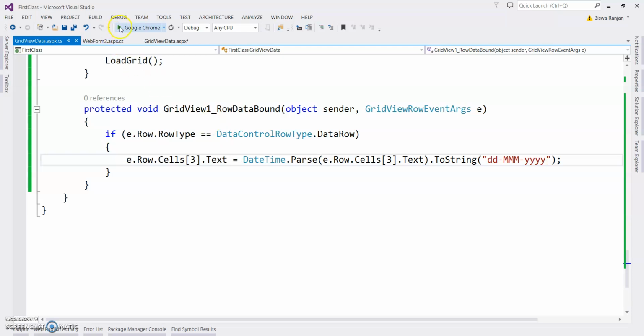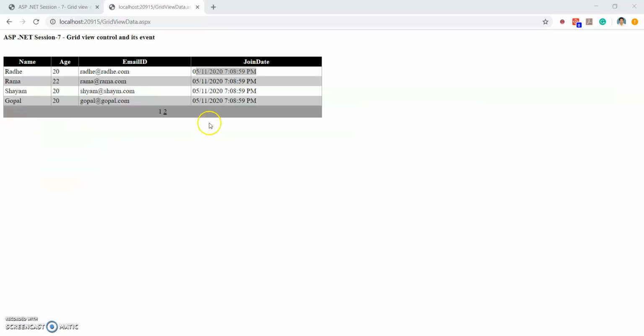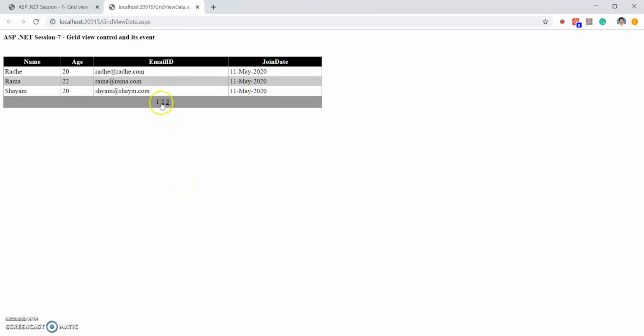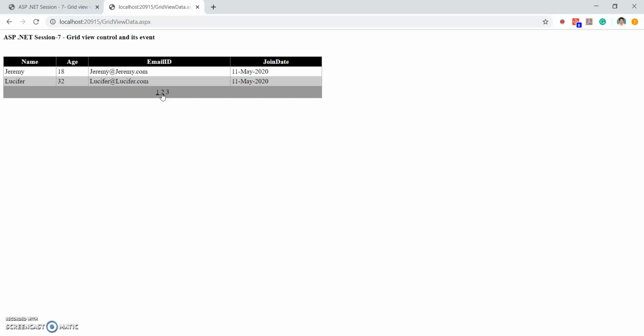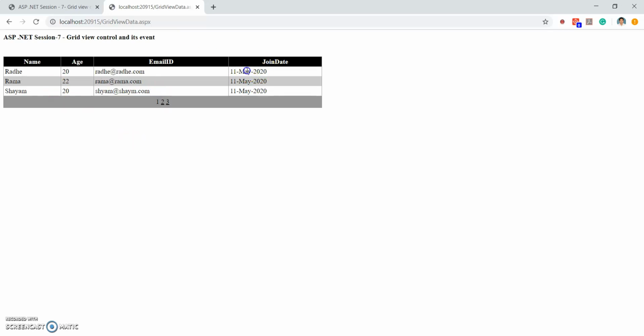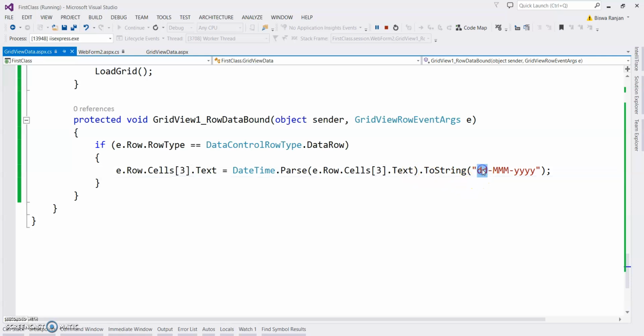Okay. Now run the application. You can see. Right. So this date came in our specified format.